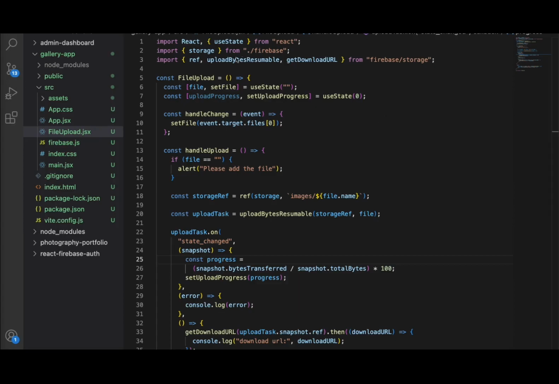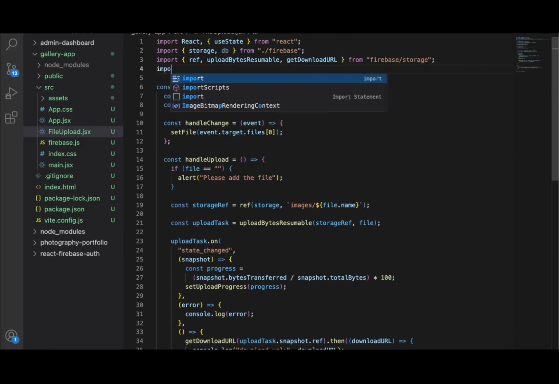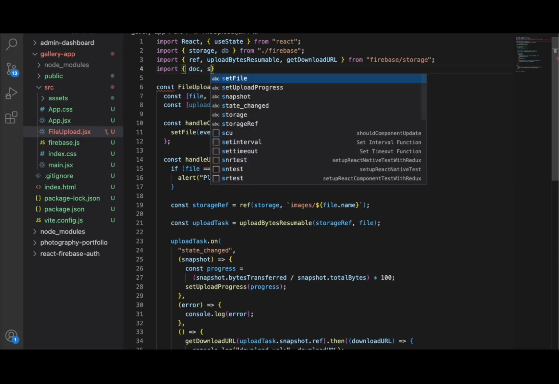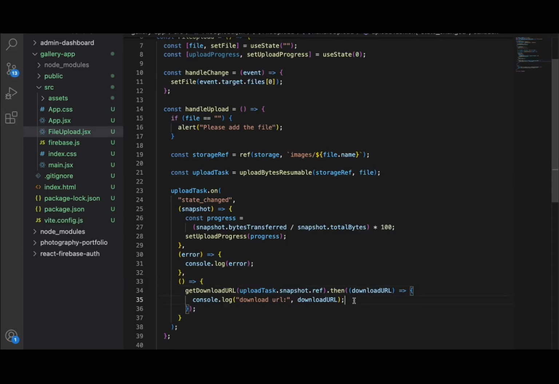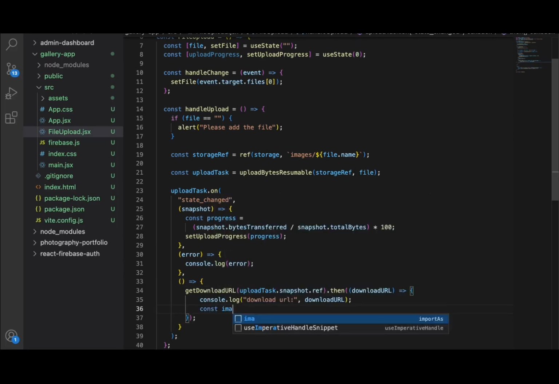Now going back to our code, first we need to import the DB we initiated in Firebase.js, and then we need to import some of the functions we're gonna need. That would be two of them, doc and setDoc. This would be from firebase/firestore. And once we get the upload URL back, which happens here, we can store our reference. So first we need to create an image reference, the same way we already used image store ref, and this would equal